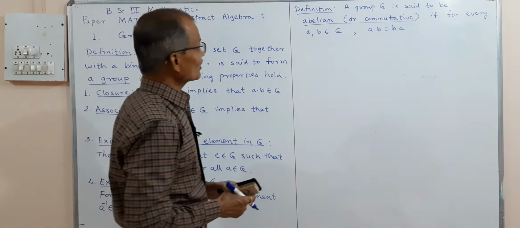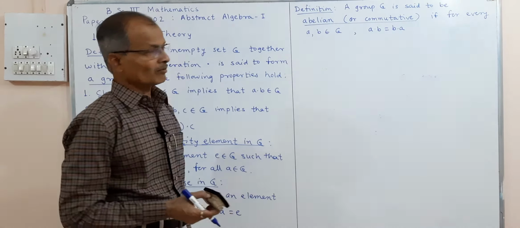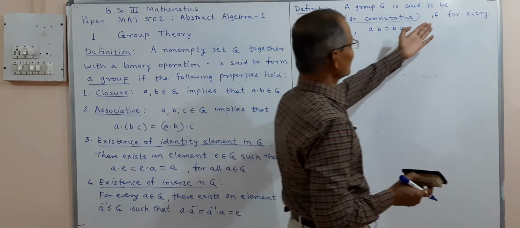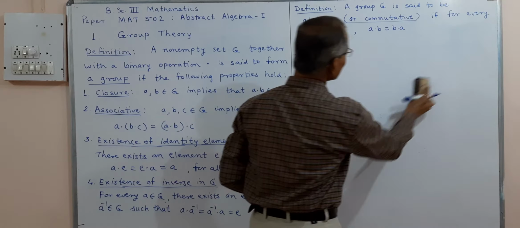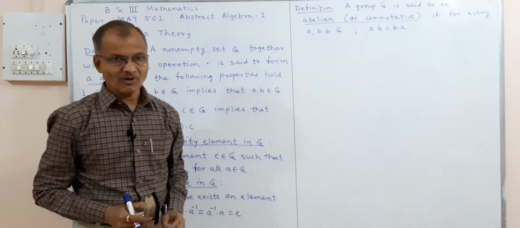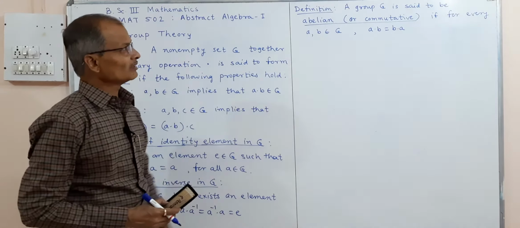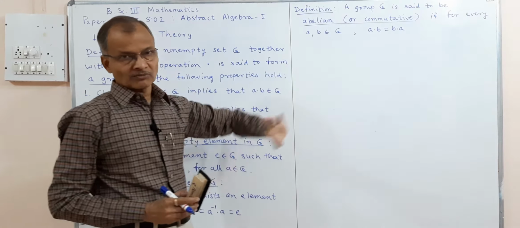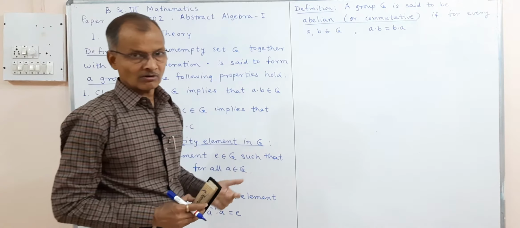And furthermore, another type of group is defined here. A group G is said to be abelian or commutative if the commutative property is satisfied in the group. The property we know is, for every a, b belongs to G, a dot b is equal to b dot a. That means the composition is commutative. Order we can change. And if this property is satisfied, then the group is said to be abelian. And note that this is not a compulsory property for group structure. If the property does not hold, then we say the group is non-abelian or non-commutative.